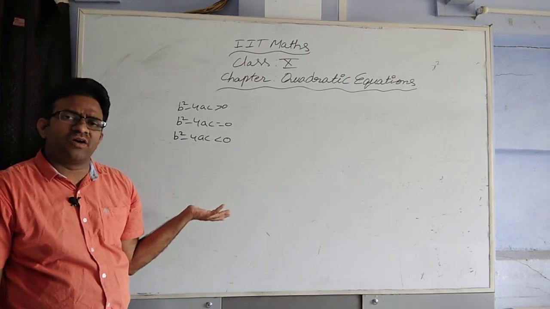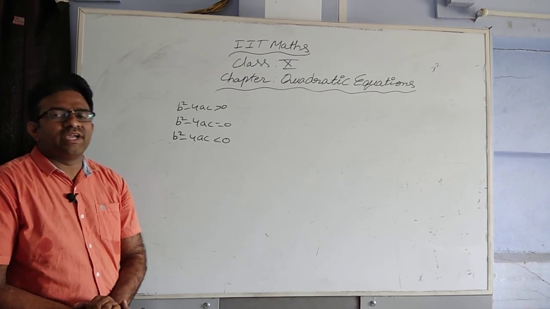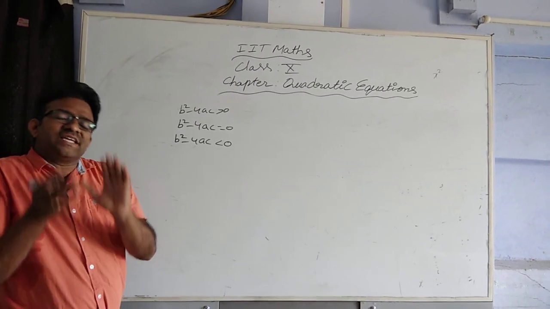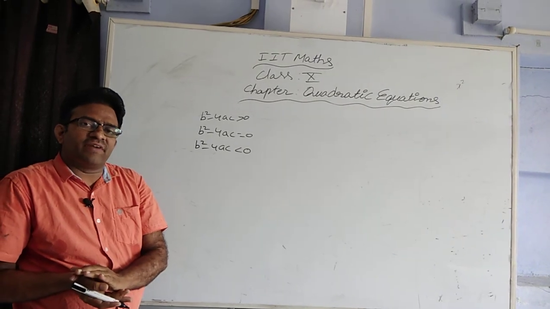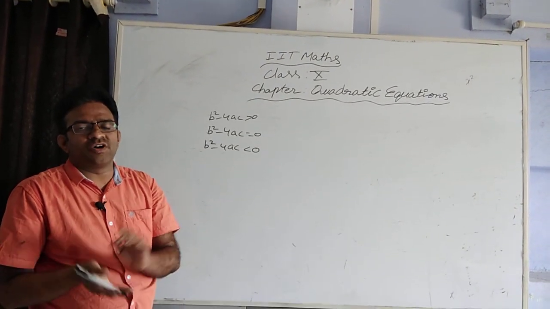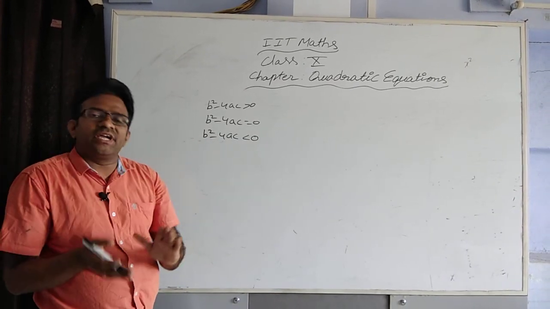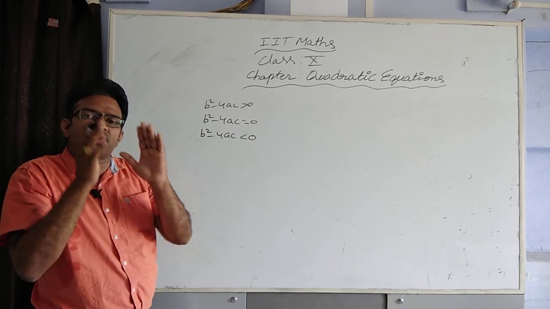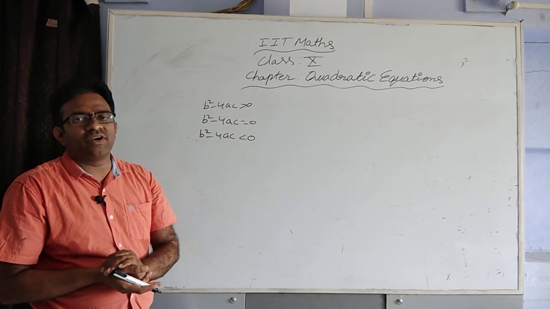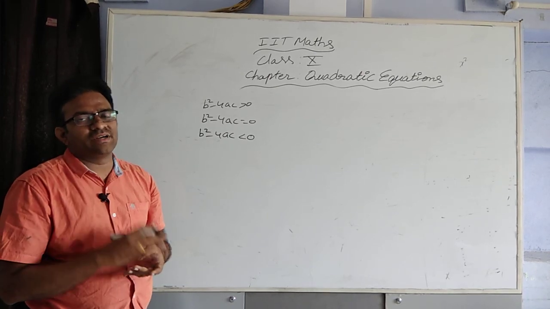Okay, so this is a simple explanation about quadratic equations, and these quadratic equations are also applied to boats and streams and also speeds of trains. So we are going to derive the quadratic equation using those problems, and easily find out speeds for boats and also for trains, time, speed also.